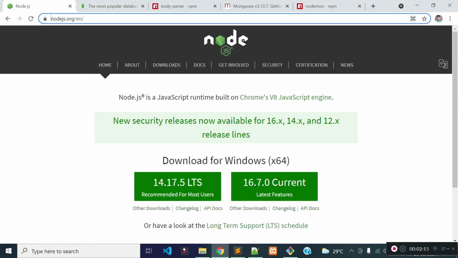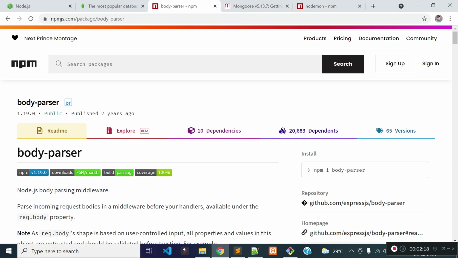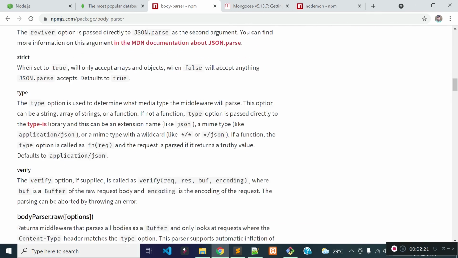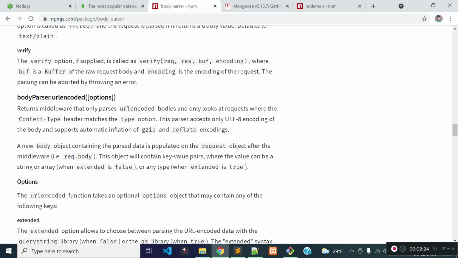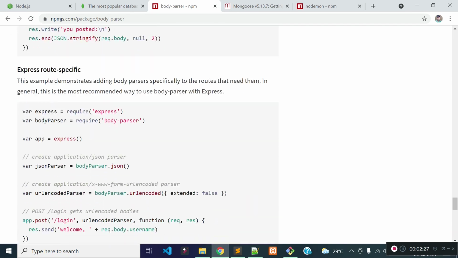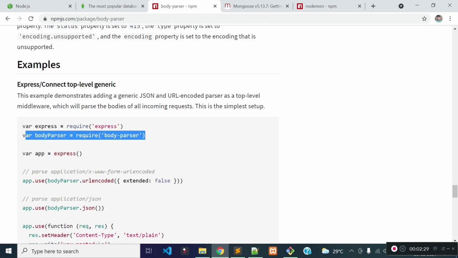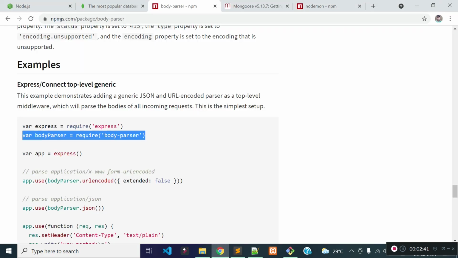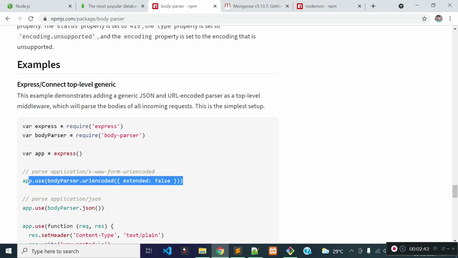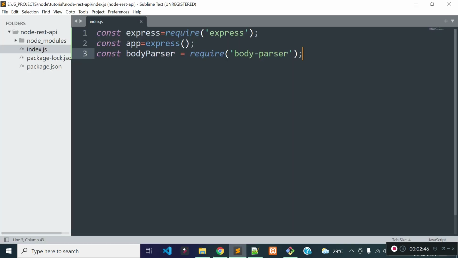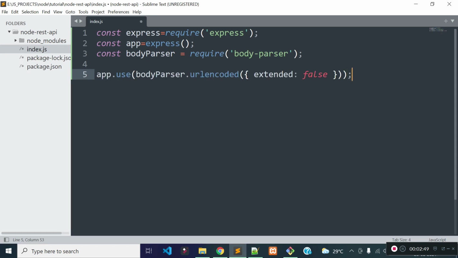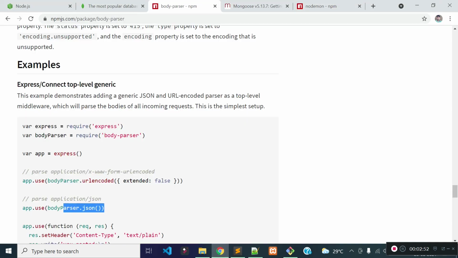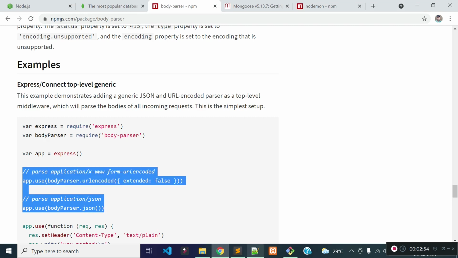Then I will check the body parser package documentation, to see how we can use body parser inside our Express project. We have to import the body parser module inside our index.js file, and then to parse x-www-form-urlencoded data, we need to use this code, and to parse application/json data, we need to use this code.